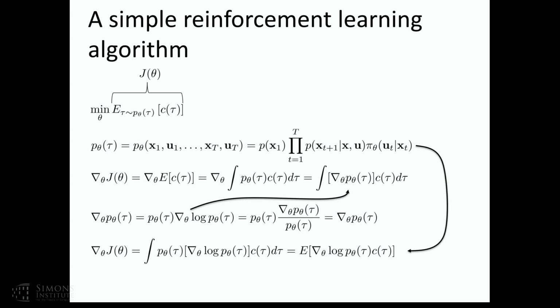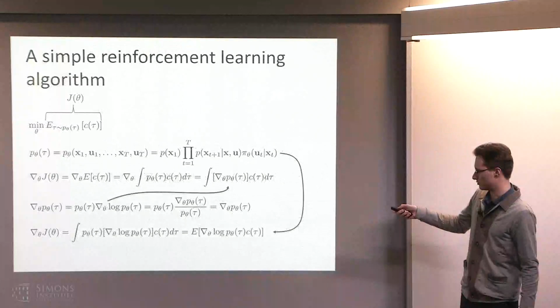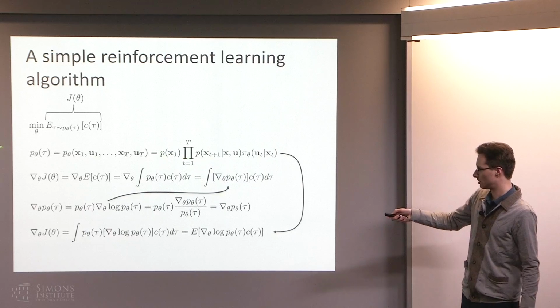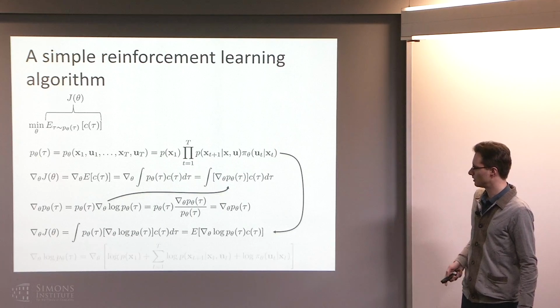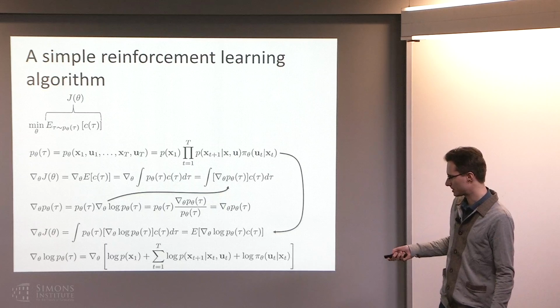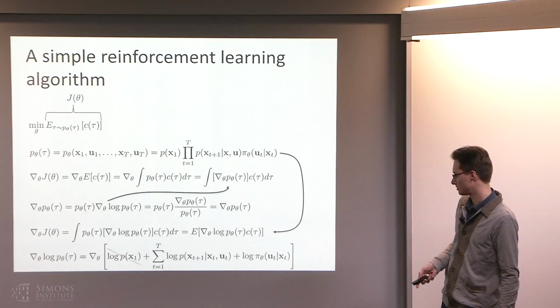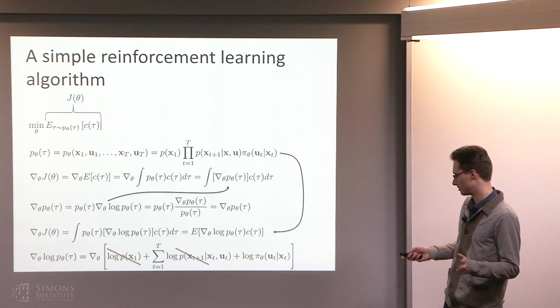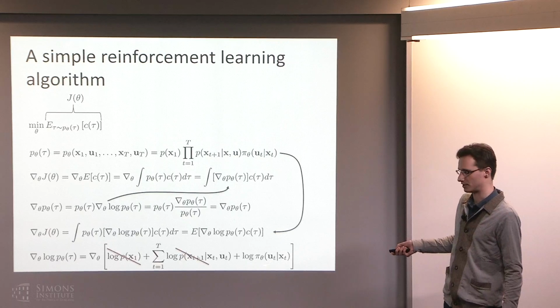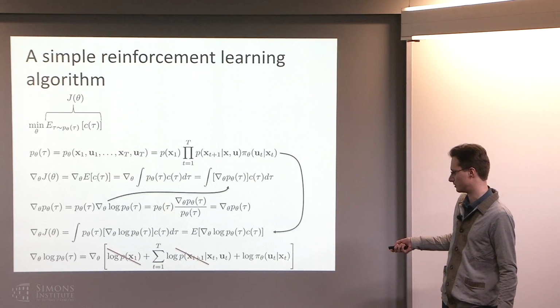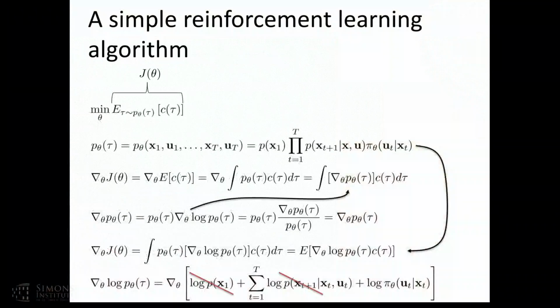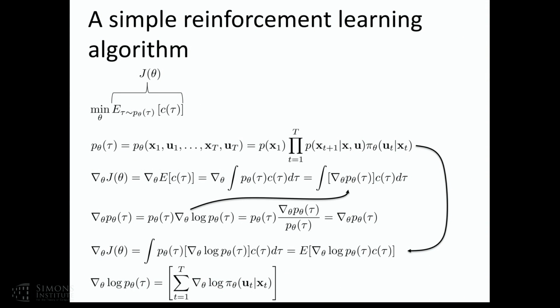Now we're going to go back to this notation with states and actions. So we'll substitute this equation for p(tau) in here. That gives us quite a mess, but most of the things in here don't depend on theta. So you can kill this part, you can kill this part. The only part that depends on theta is log pi_theta(u given x). So these parts both go away, and you're just left with a very simple equation that's the sum over all time steps of the gradient of the log probabilities under your policy.